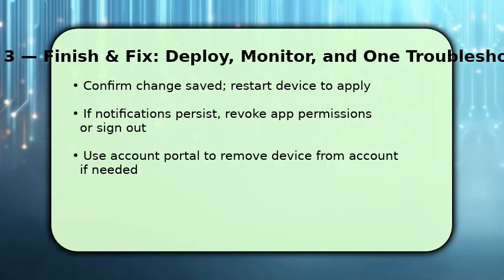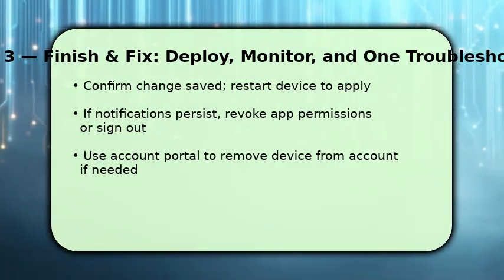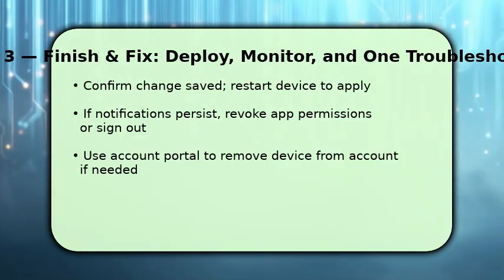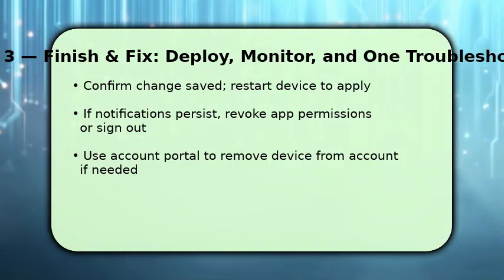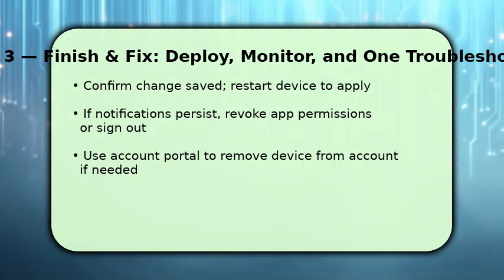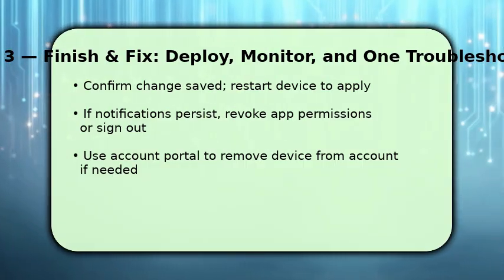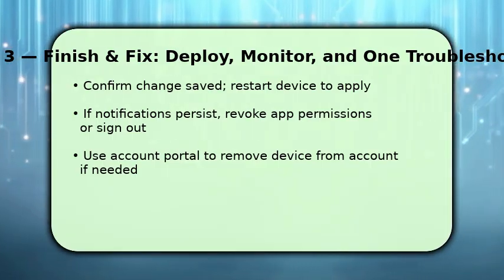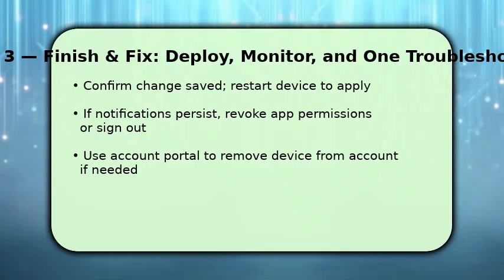If notifications persist, revoke the app's notification and location permissions, or sign out of the account on that device. This forces a clearer state. As a last resort, remove the device from your account via the web portal. That severs the link and stops Find My Device notifications entirely. Use this only if you understand the